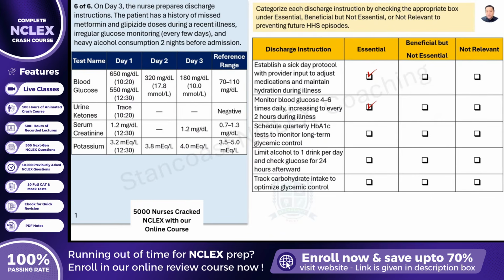The answer to this one is beneficial, but not essential, because the hemoglobin A1c is just like a big picture snapshot. It's going to tell us how the blood sugar has been controlled in the past 2 to 3 months. So this one is important for long-term management, but let's be real. It's not going to help the patient in the moment when they are sick and when their blood sugar is